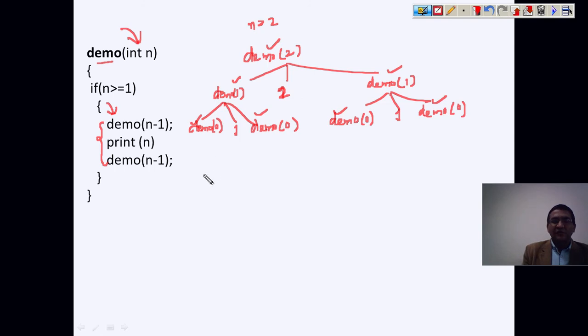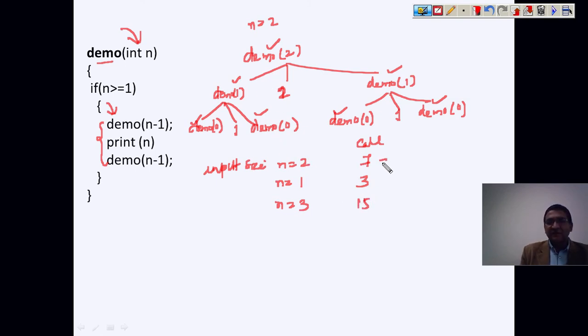So when your input size, that is n, is 2, then the number of calls you have made is 7. When your input size, let's say if I am passing n equals to 1, in that case how many calls are you going to make? If you are making a call with input size 1, then either you can count from this side or this side. In that case this will not be executed. So 1, 2, 3, I have made 3 calls. Similarly, if you find out with a larger value, let's say n equals to 3, you will find that the calls made are 15. And with this we have to find out the pattern we are getting.